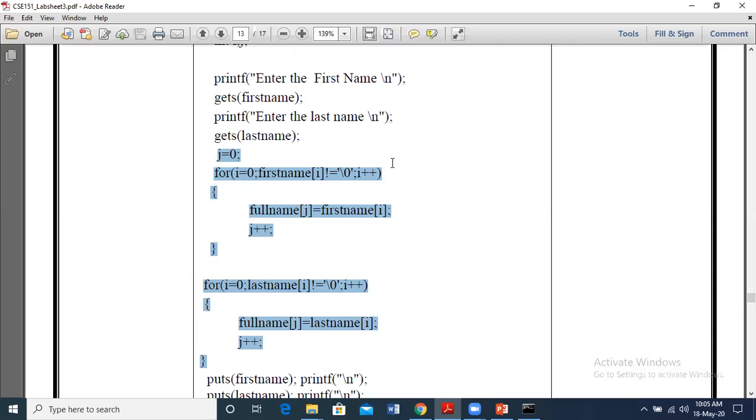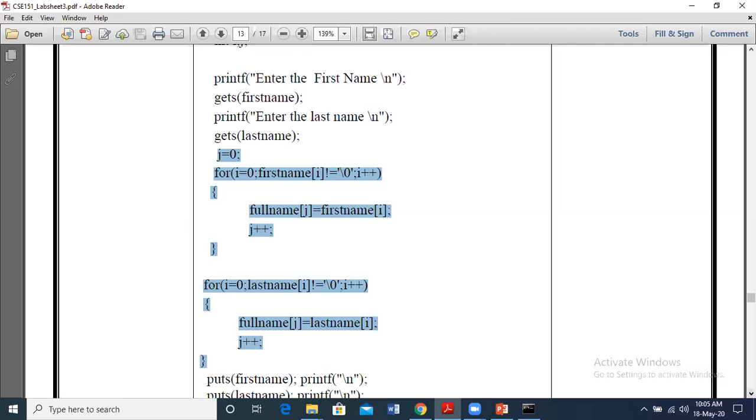So strcat will perform this entire operation. These string manipulation functions are defined in the header called string.h. We have to mandatorily include the header file string.h if we are using string manipulation functions in our program. This entire thing can be done by that one single line. This is defined in string.h. Let us see one by one.